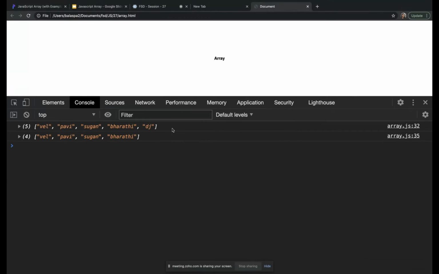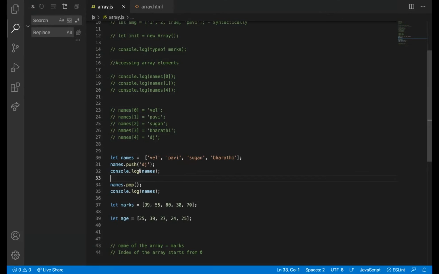It got added here, and in the 7th line, it got removed. So push is used to insert an element at the end of the array. We need to be clear on what push does. Push will insert an element at the end of the array. Pop will remove an element from the end of the array.